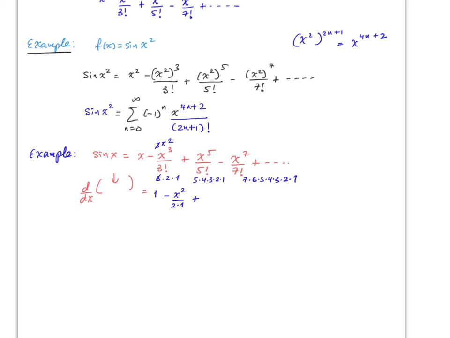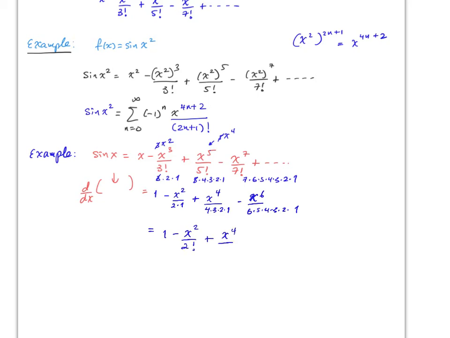The next one, notice that the derivative of this is 5x to the 4, so the 5 will cancel. So it will be x to the 4 over 4 times 3 times 2 times 1. And it should be obvious that the next one will be x to the 6 over 6, 5, 4, 3, 2, 1. So notice that this is the same thing as just 1 minus x squared over 2 factorial